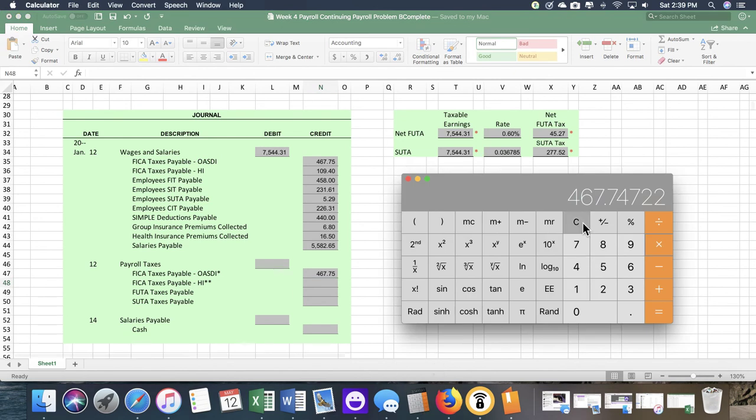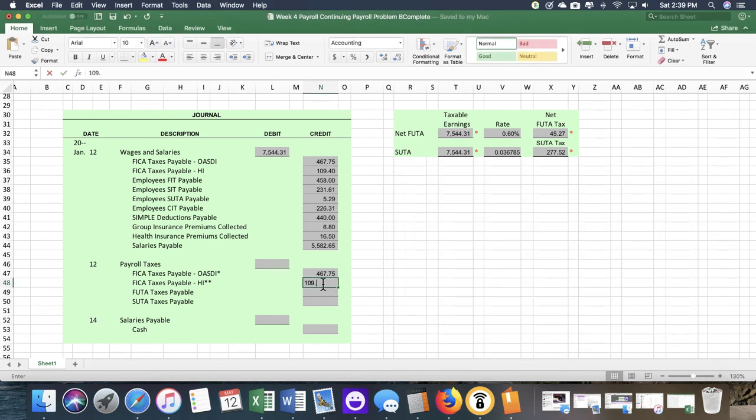Give you a heads up there. Then we're going to take the 7,544.31 times the 1.45%, gives us $109.39. And here we have a different amount. And then we're going to use our FUTA and SUTA amounts that we calculated for the previous weeks. 45.27,